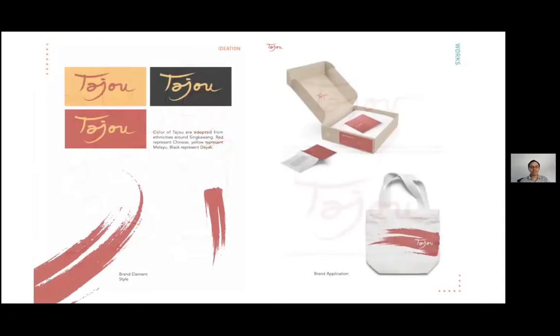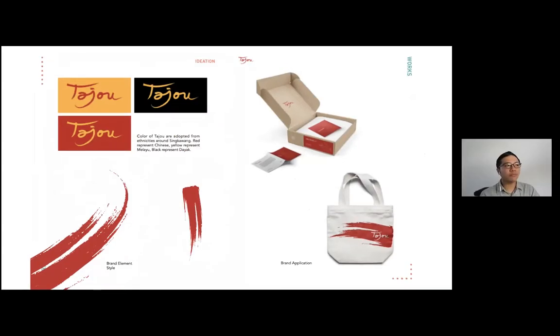Like we really like brushes to show the handcrafted itself, and then if it's applicable on some bag or some box, we also make some kind of mock up. So like before it's executed, before it's produced, we already know how it will look like on the product.